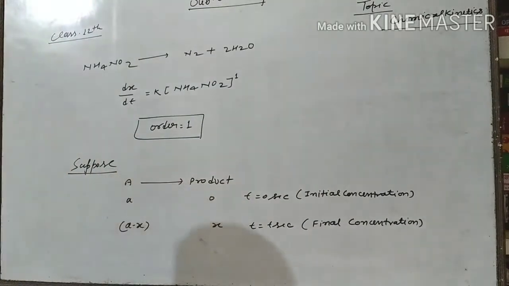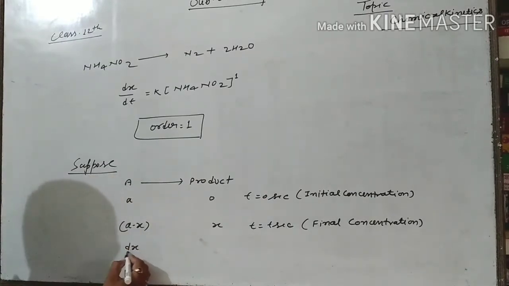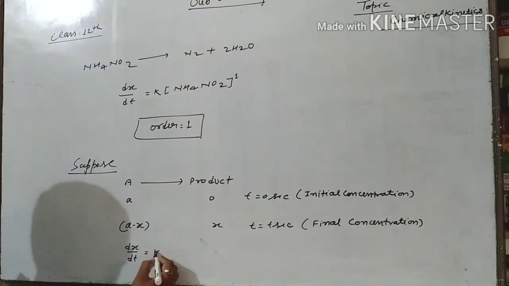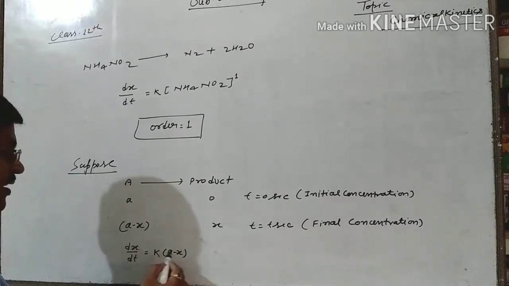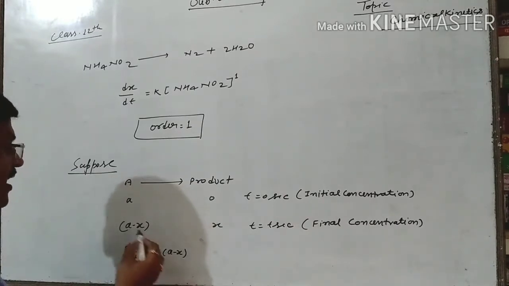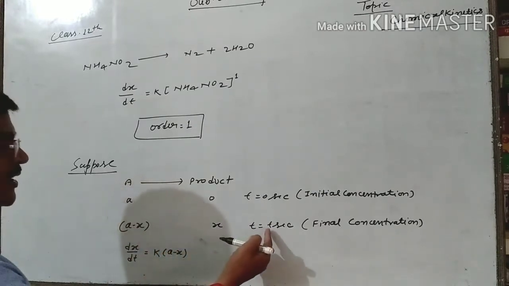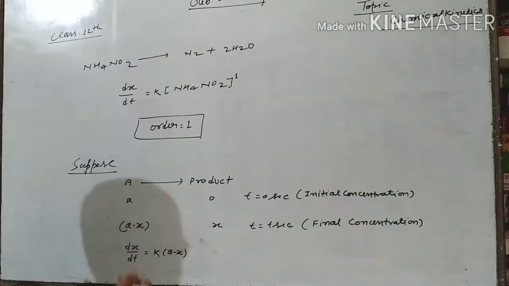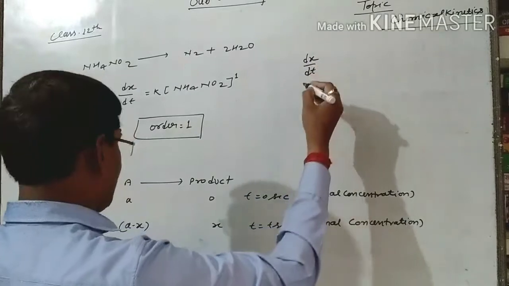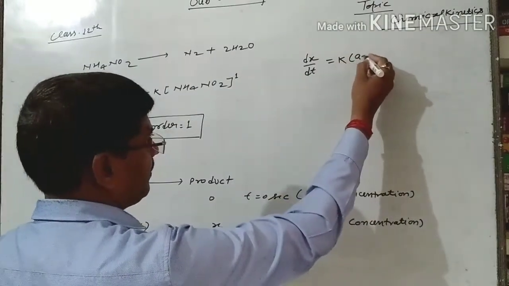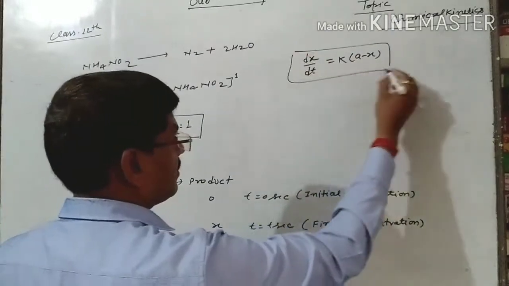concentration. After that, if I want to find rate of reaction, then dx by dt is equal to K concentration, which one is remaining here, K in bracket a minus x. dx upon dt is the rate of reaction, a minus x is the remaining amount of reactant A after t second when the reaction is going on. Here once again dx by dt is equal to K (a minus x). Suppose this is the equation